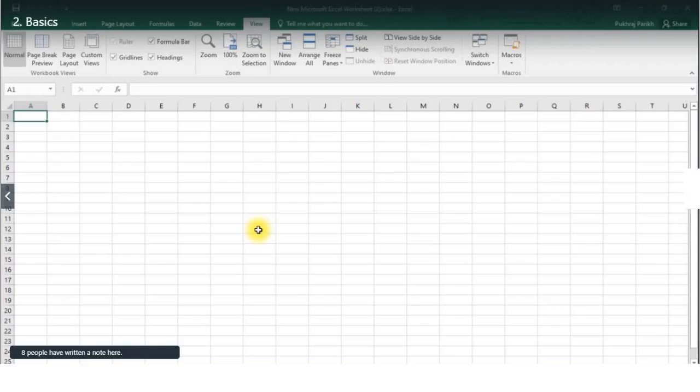So while explaining this, I have used various Excel specific terms and you may not understand the meaning of these terms right now. But when we go through each of these functionalities one by one in the course, you will understand what each option does.